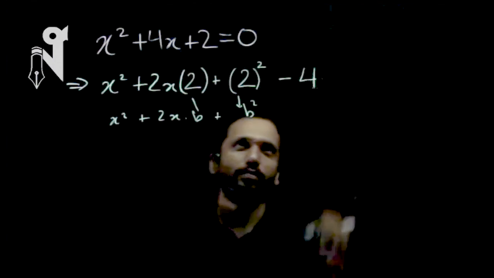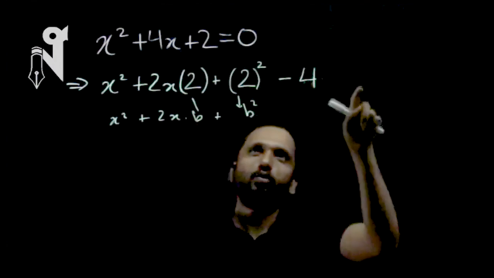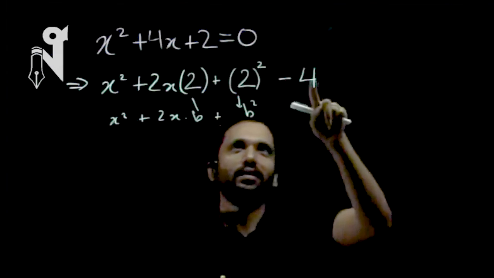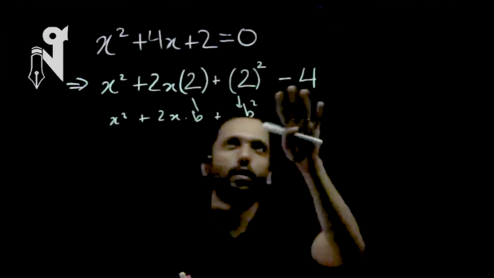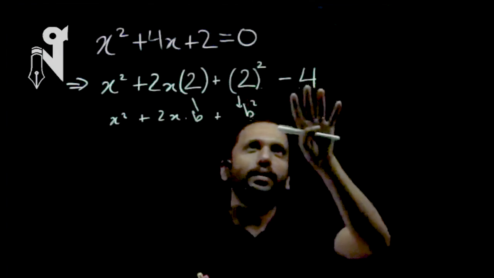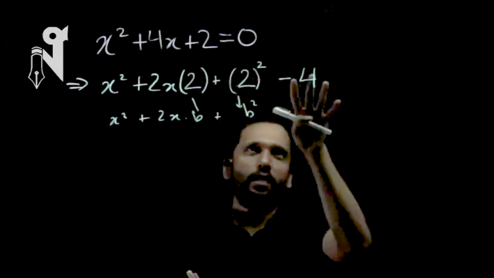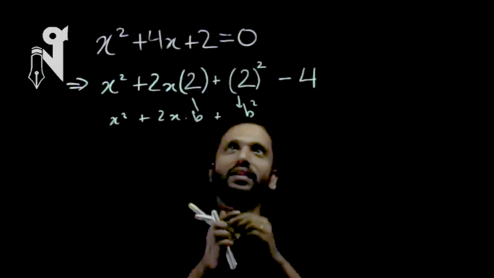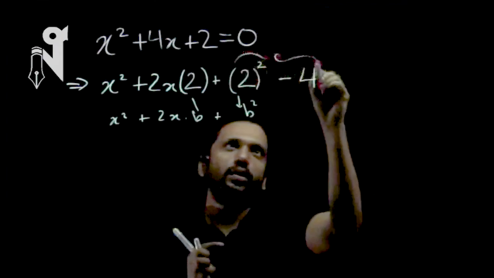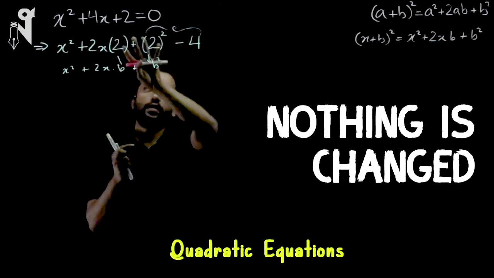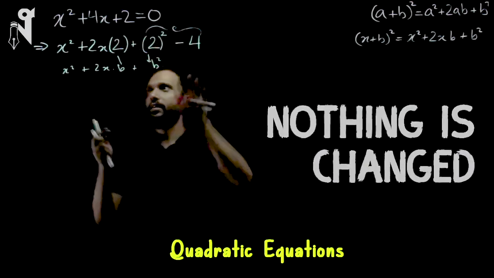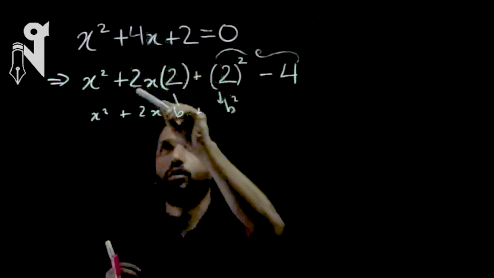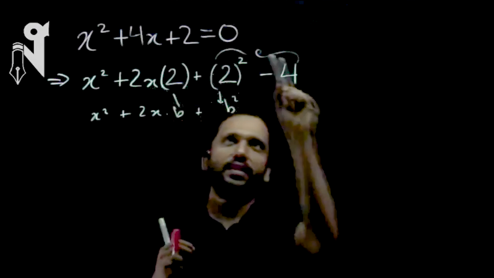I'll remove a 4. Now I could have written a minus and a 2 square over here, but sometimes I see that students make the mistake of considering the minus inside the square and just making it a plus, doing something quite weird. So just to be on the safer side, I'm subtracting the value of what I added. I added a 4, I'm subtracting a 4. So basically, if you watch this section alone, I have done nothing. I have in fact totally added 0, nothing. Let me again match with the top. Your x square was your x square, your 4x is your 2x into 2, and this effectively is 0, nothing.